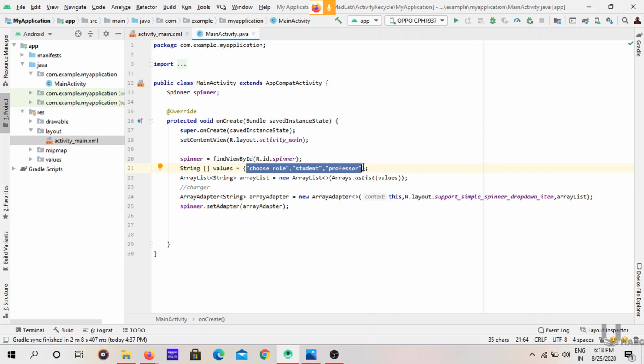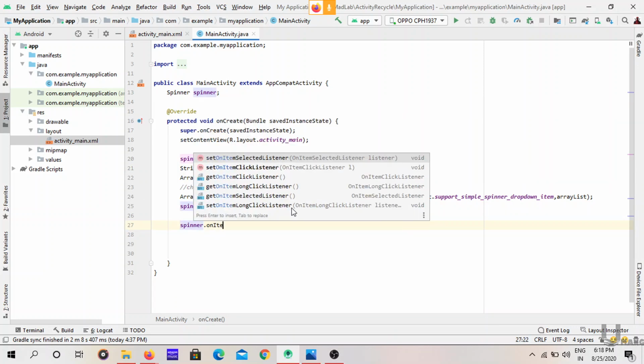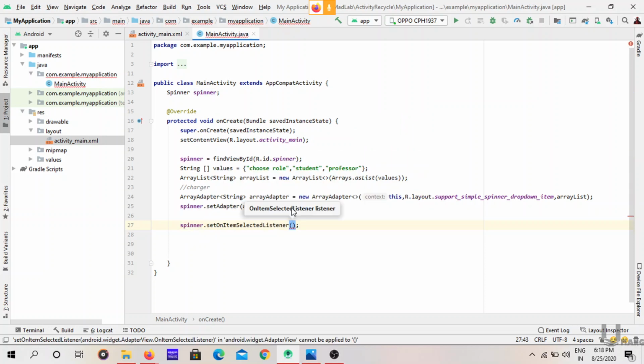To get the items from the spinner, you have an on item selected listener. See, we have on item selected listener. This is the listener which catches the item from the spinner. If the user clicks on the items, it will catch the items.